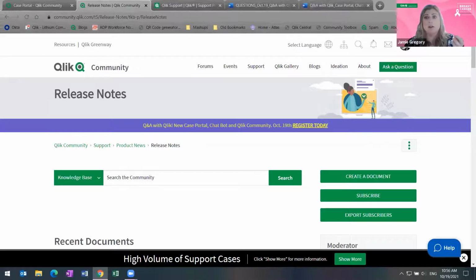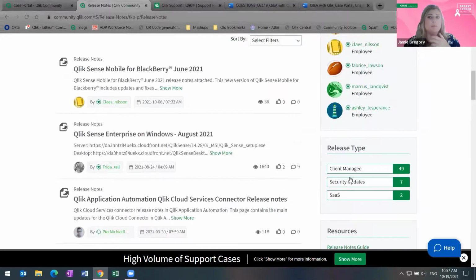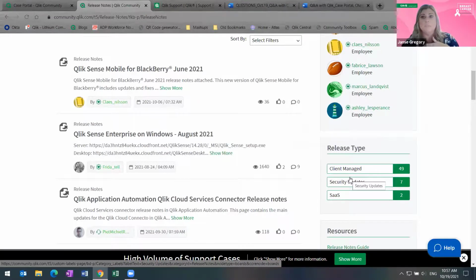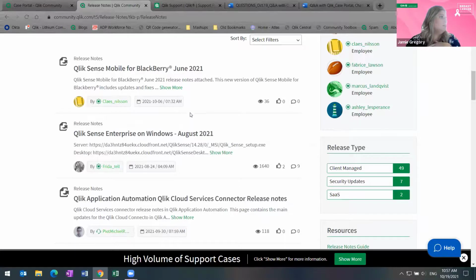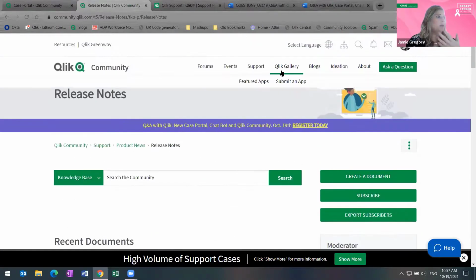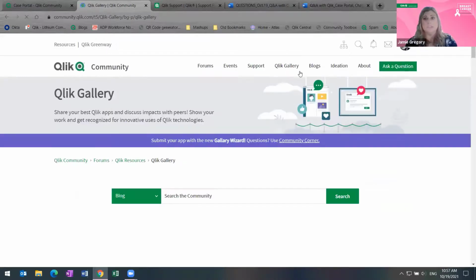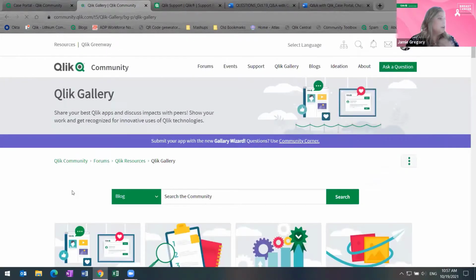With demos.qlik.com, a lot of them can be downloaded, and you can actually download the app and install it in your environment and configure it. Whereas with the Gallery, it is more of an image or a screenshot of the app itself, and maybe some information about that app, how it helps their company, and what insights they get from that app.